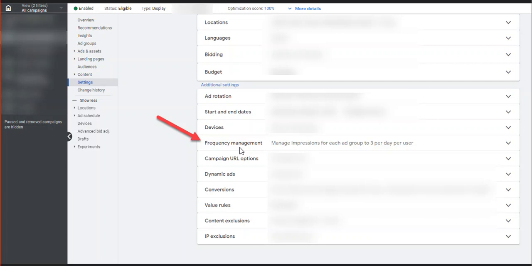Now, typically, when we start a campaign, we go with the recommended, which is allowing Google to choose how often it is shown each day to an individual user. But if you get complaints or if you want to change it for a different reason, this is how you're going to do it. You go ahead and click on that frequency management drop down,